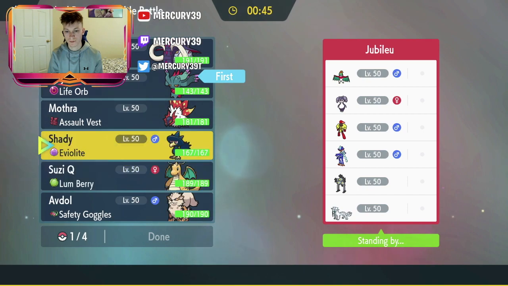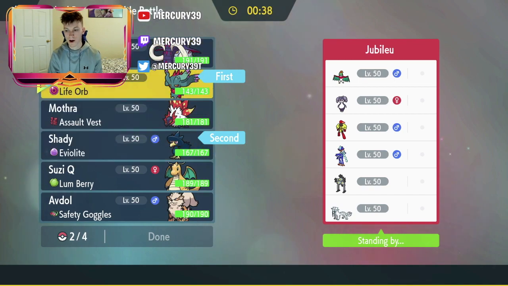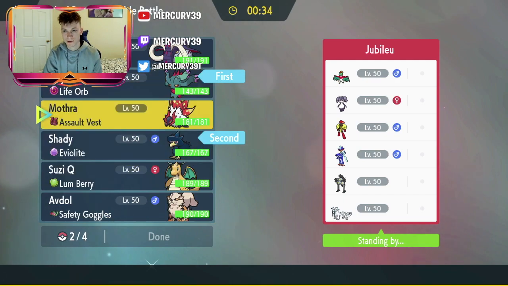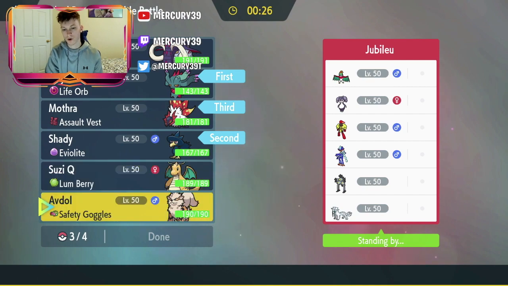So let's go Flutter Mane plus... I think Murkrow would make the most sense here. And then in the back to counteract the potential Chien Pao, Slither Wing makes sense because Chien Pao can't really touch Slither Wing unless I Terra Fire. So I think we do bring Slither Wing in the back, and then I don't know, Arcanine would be nice,